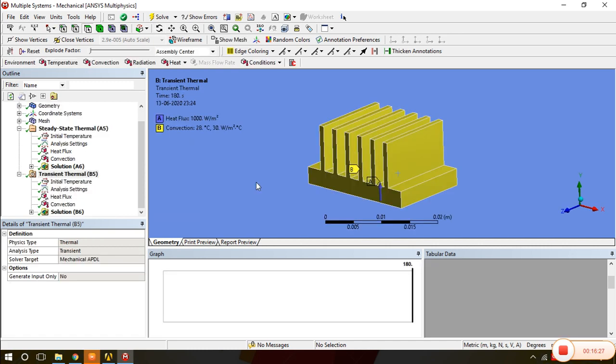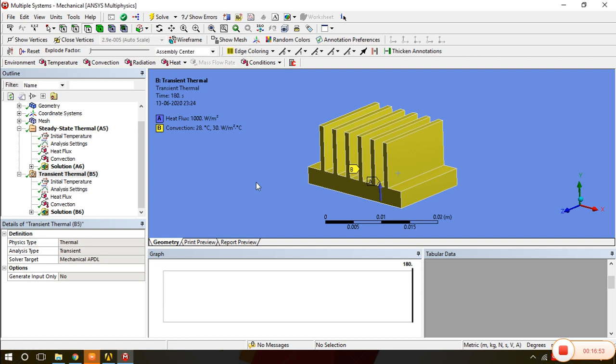Now you might be wondering why we need the steady state thermal and then have to use the transient thermal. The reason behind that is the temperature distribution from the steady state thermal analysis is now the initial temperature for the transient thermal analysis. The temperature whatever we got in the steady state is now the initial temperature for the transient thermal analysis.